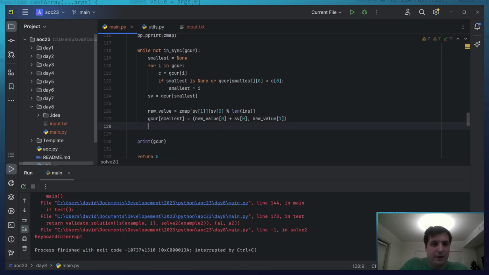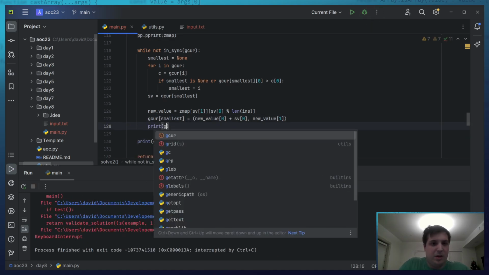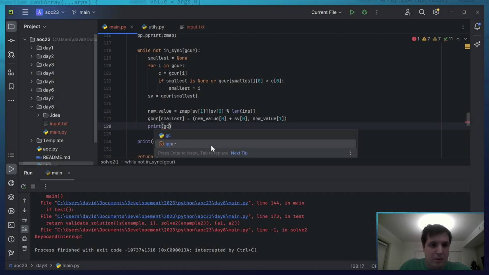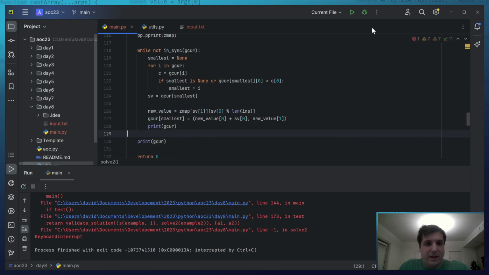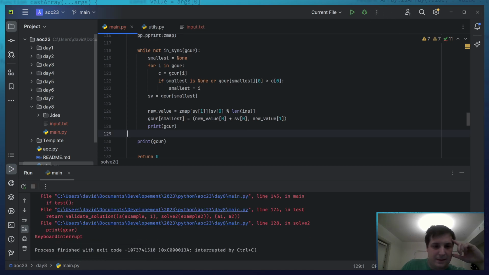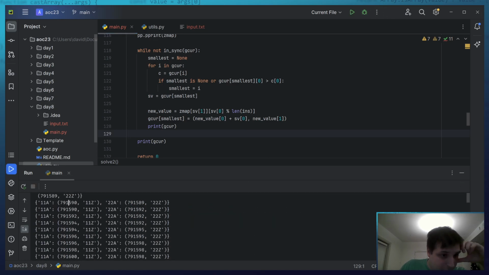This is taking forever still. Print G cur. I am curious to see what's happening. This should not be happening.